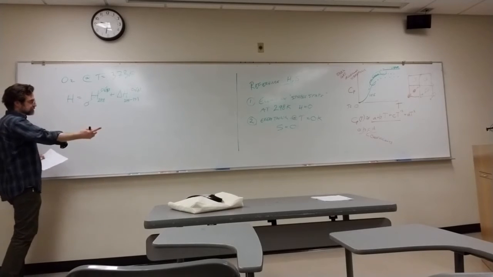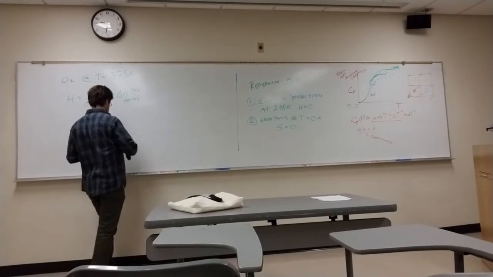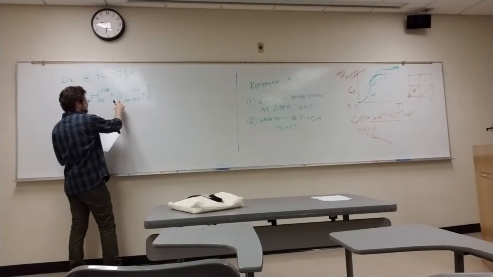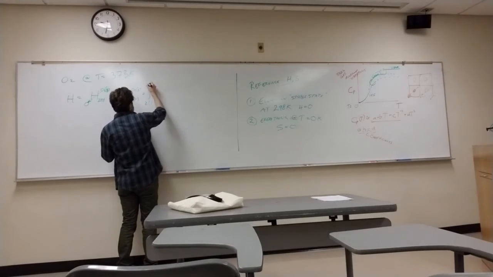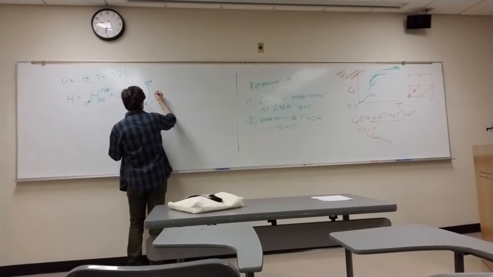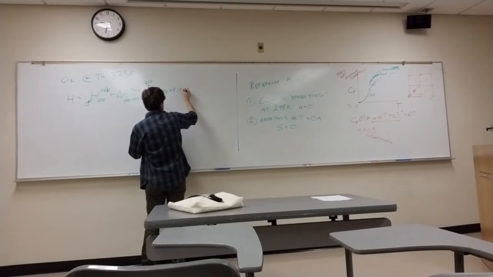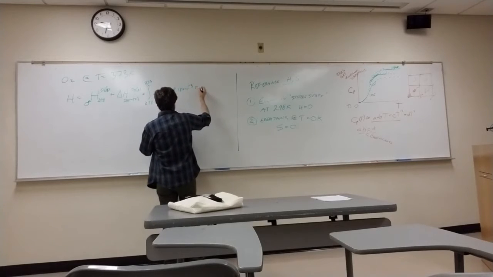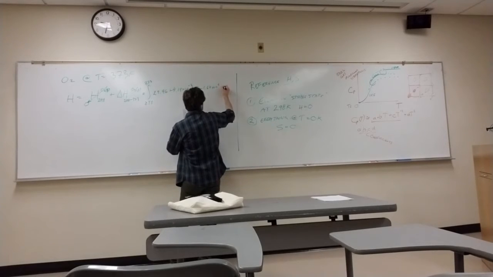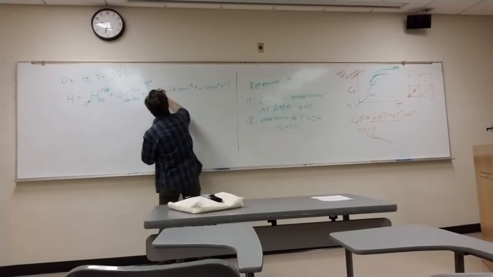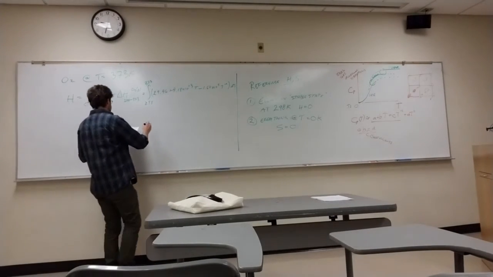So oxygen is in a stable state as a gas at 298, so by definition that term is 0, which means that our change in the enthalpy, which is going to give us our enthalpy, is the integral from 298 to 373 of 29.96 plus 4.18 times 10 to the minus 3 T minus 1.67 times 10 to the 5 T to the minus 2 dT. And I took these from your textbook,